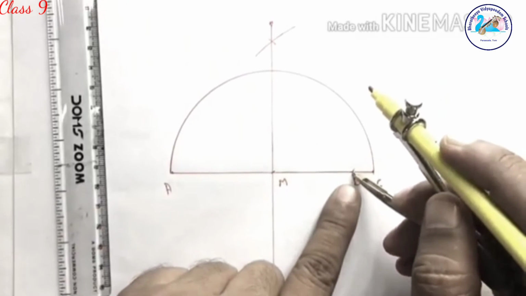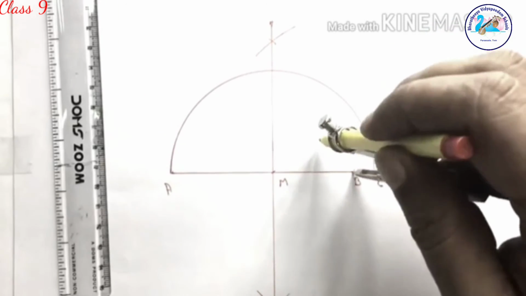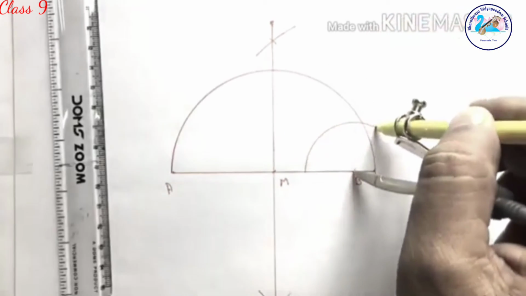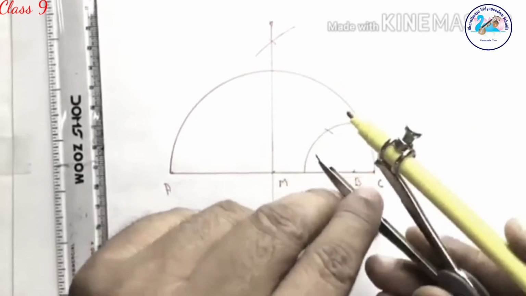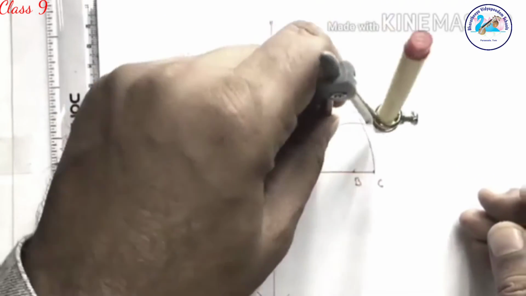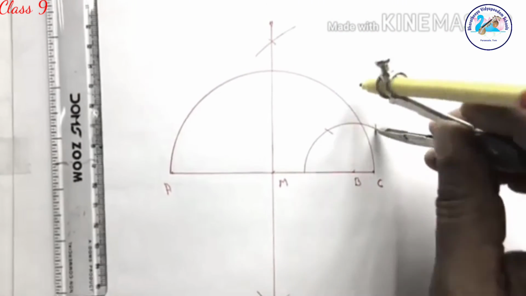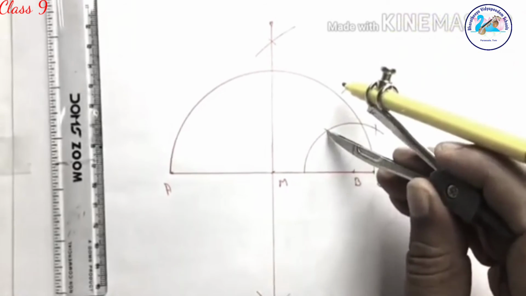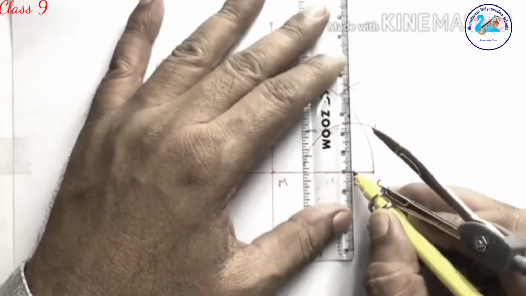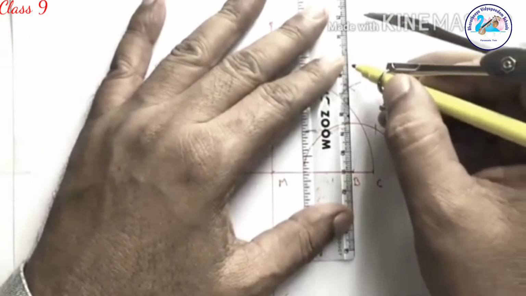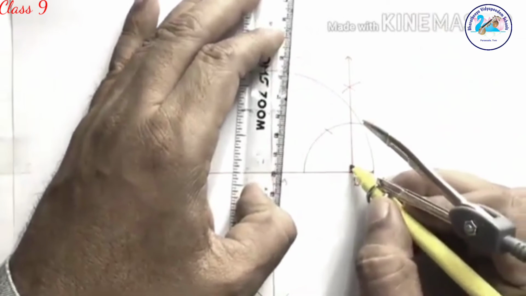Again, by using your compass at B, construct an angle of 90 degrees. For that, with any radius and B as center, draw an arc. Using the same radius, if you cut the arc, that is 60 degrees. Again from 60 degrees, using the same radius, if you cut, you will get 120 degrees. Then if you bisect 120 and 60, you will get 90 degrees. Join the point of intersection of the arc and the point B on the line which you have drawn. Now the perpendicular from B is drawn, so angle B is marked as 90 degrees.